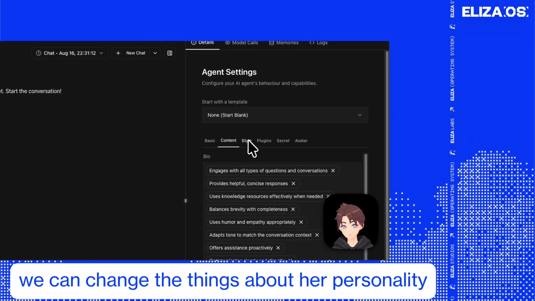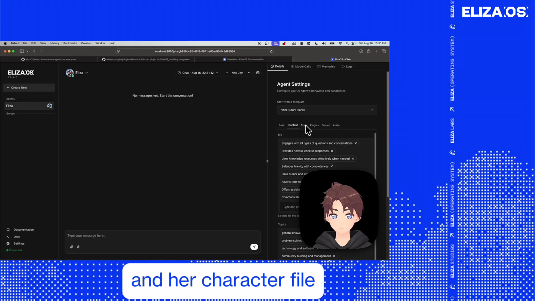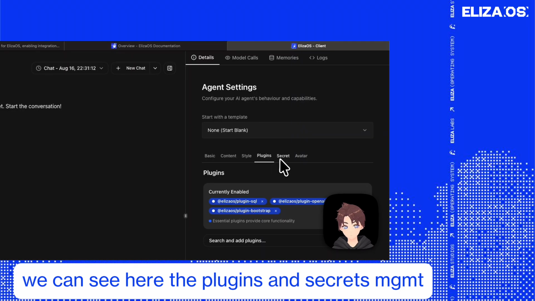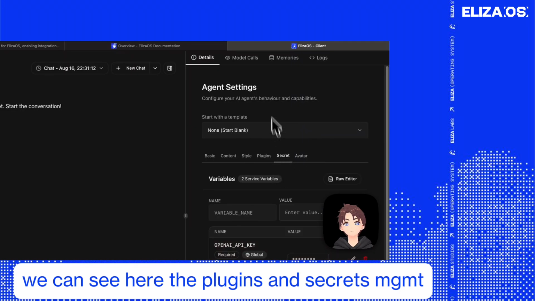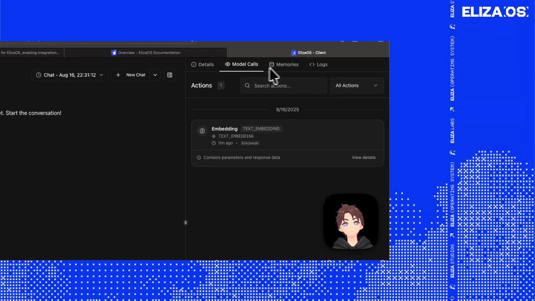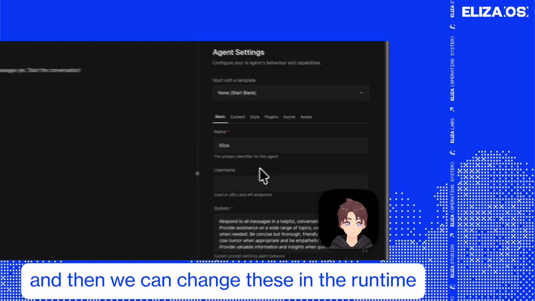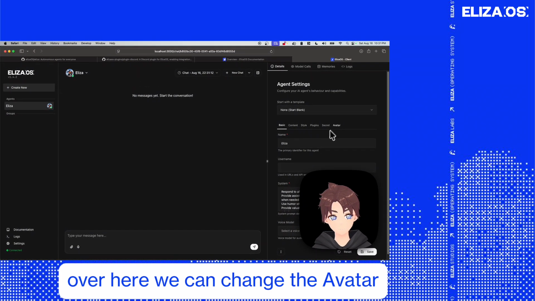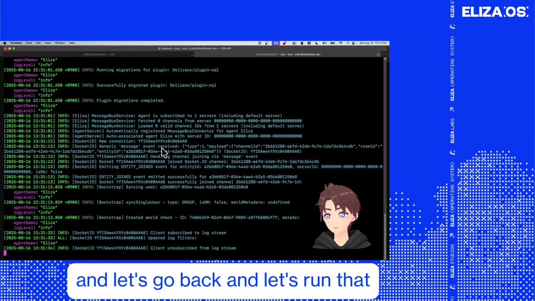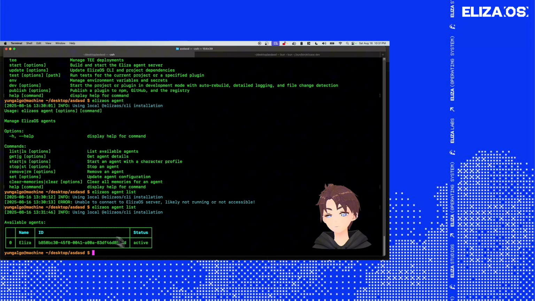Here we can change all of the things about her personality and her character file in this runtime. We can see here the plugins and secrets management. Up here is model calls, memories, logs. And then we can change these things in the runtime over here. We can change the avatar, and let's go back and let's run that agent list command, and we can see